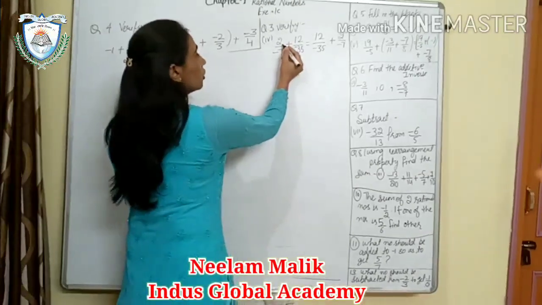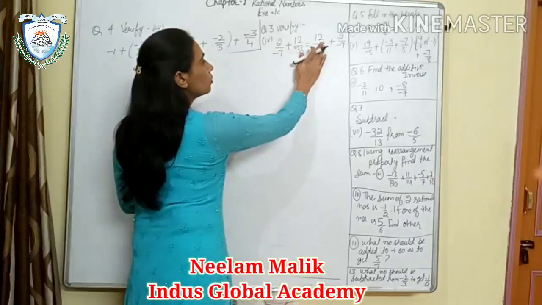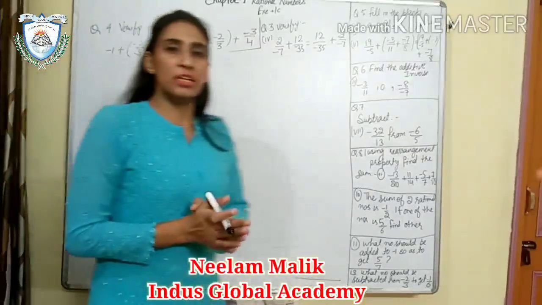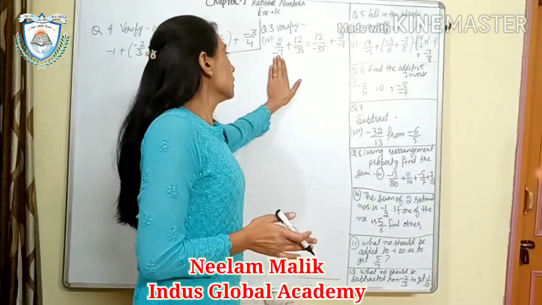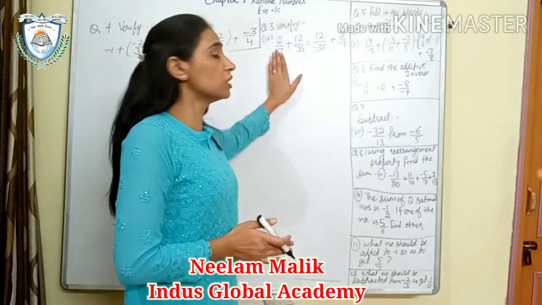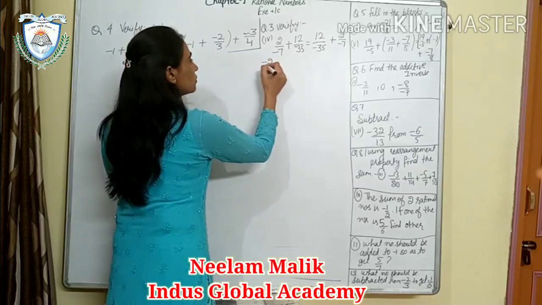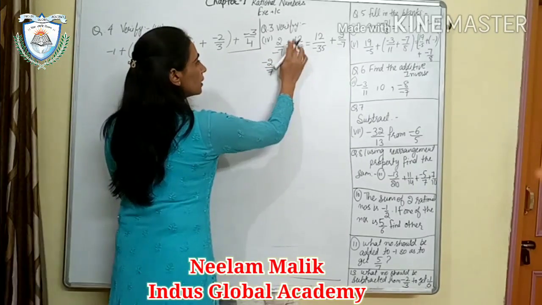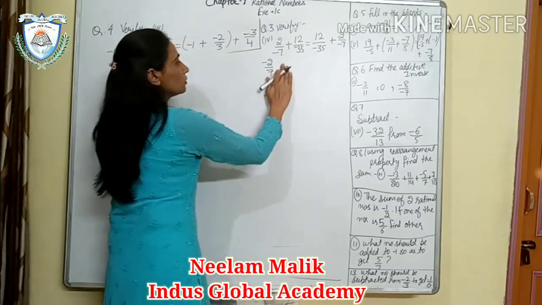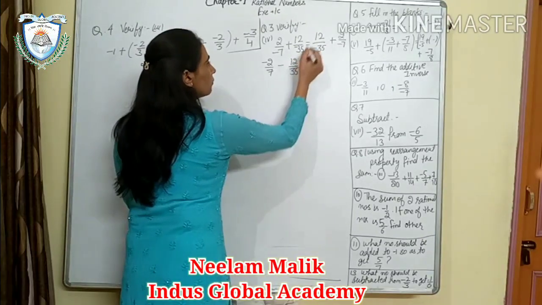This is your statement: 2 upon minus 7 plus 12 upon minus 35 is equal to 12 upon minus 35 plus 2 upon minus 7. First of all, in rational numbers, we always remove the negative sign from the denominator. We will put this sign with the numerator. So what will the number be? Minus 2 upon 7. Here is also a minus, so I will put it with the upper one, or you can put it here, that is your choice. I am putting it here, minus 12 upon 35.